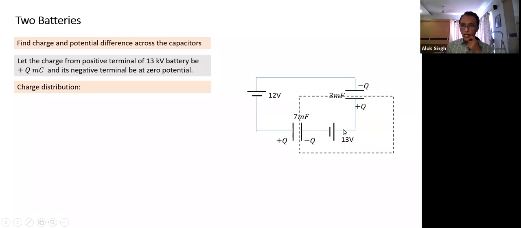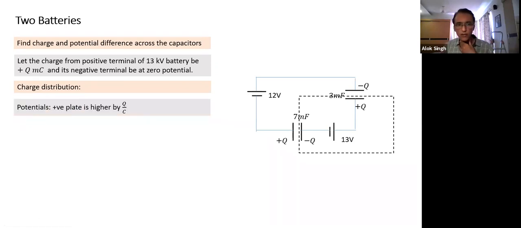Okay, as we go, potential will increase. So this plate, what is the potential? 13 volts. So we can mark the potential also. So potential of the positive plate is okay. And when we compare to this, we also know that compared to the negative plate, the positive plate of a capacitor is higher by a potential equal to Q by C. I'll apply this principle and mark the potential.